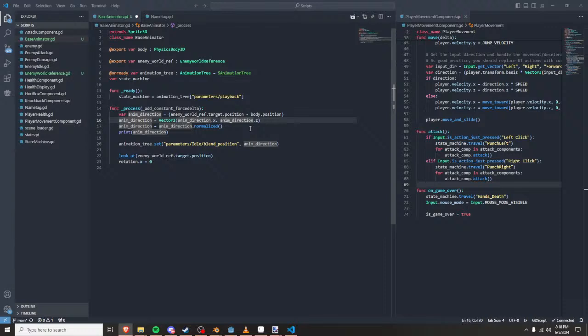I guess I also should do, there's angle 2 point, returns the angle to the line connecting 2 points and the x-axis in radians. So I guess I would do,